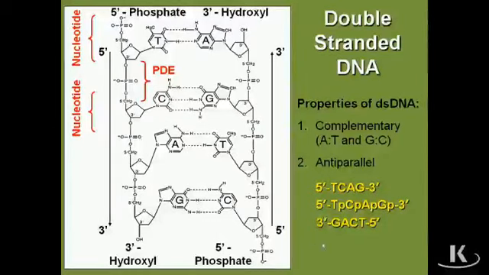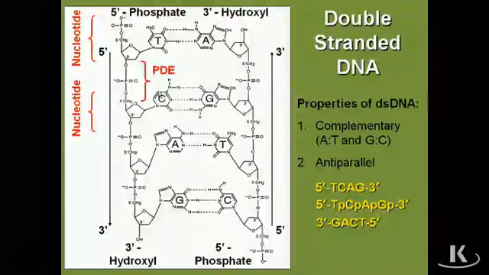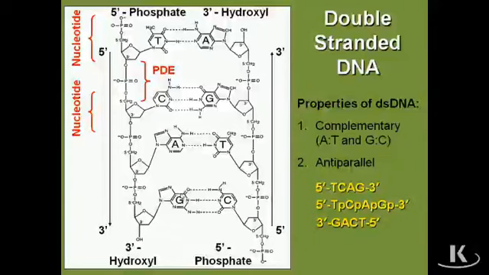This is where some folks reviewing DNA information get tripped up, and I want to make sure that you're very clear on how this works. The sequence here from 5' to 3' reads TCAG. So from 5' to 3' it reads TCAG. But how does it read from 3' to 5'? If you start at the 3' end, it reads GACT. Notice down here, from 3' to 5',